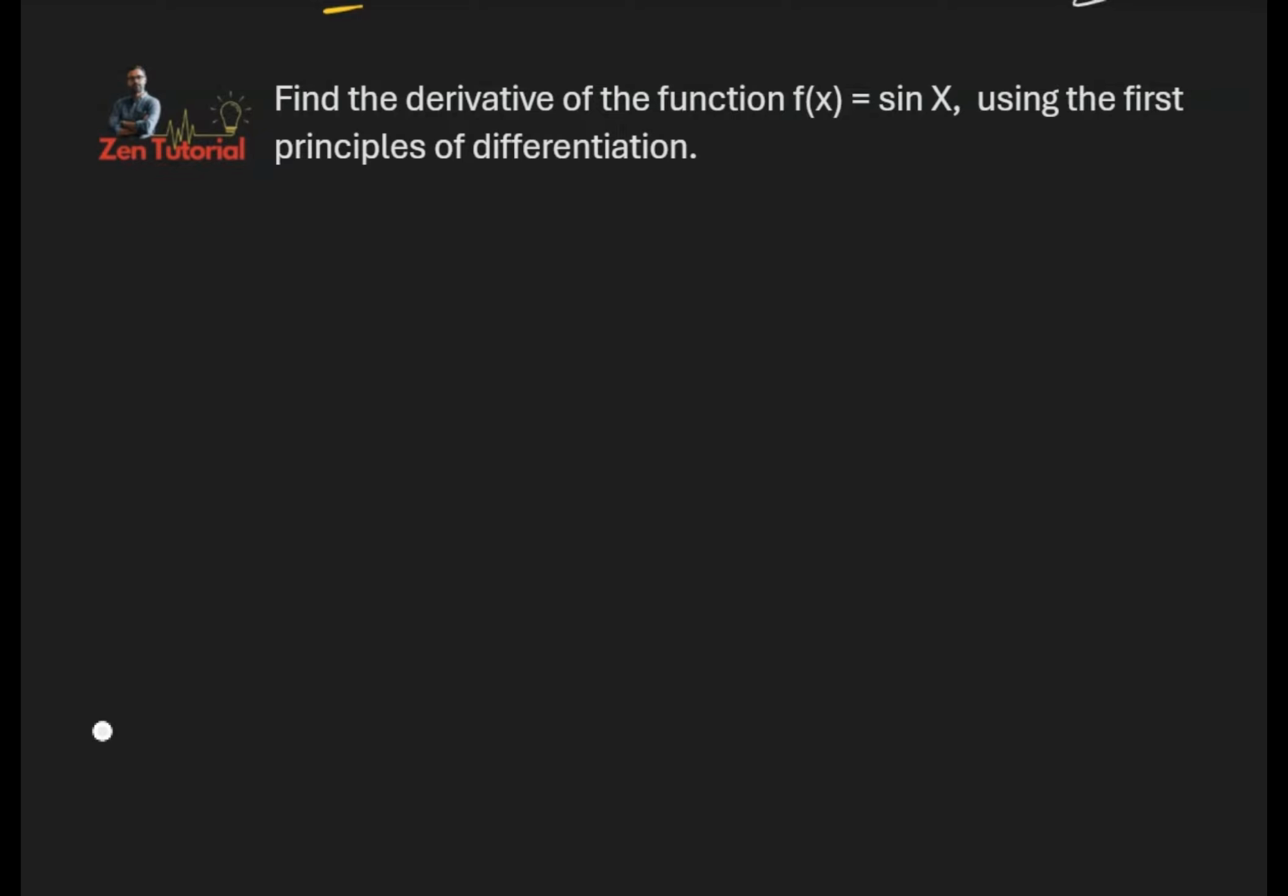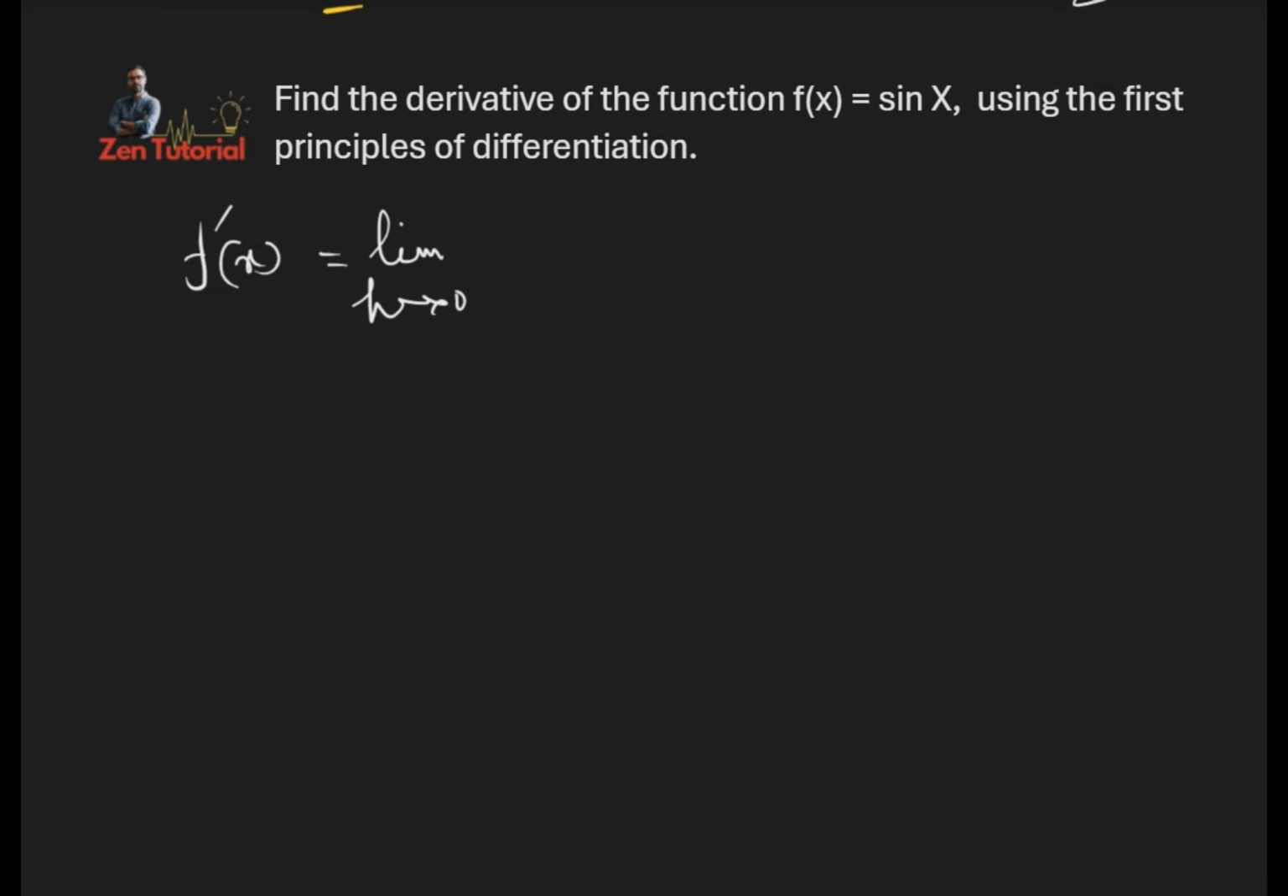So this problem: find the derivative of the function f of x equals sine x using the first principle of differentiation. So the function is sine x. By using the first principle of differentiation, we could write down f prime of x is equal to the limit